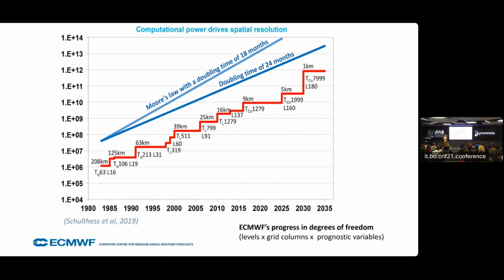So all this is when I say you have equations and you solve them with numerical predictions. Of course, all that is a program to put in a big supercomputer. And this is when we started. So this is a picture of the progress in terms of degrees of freedom